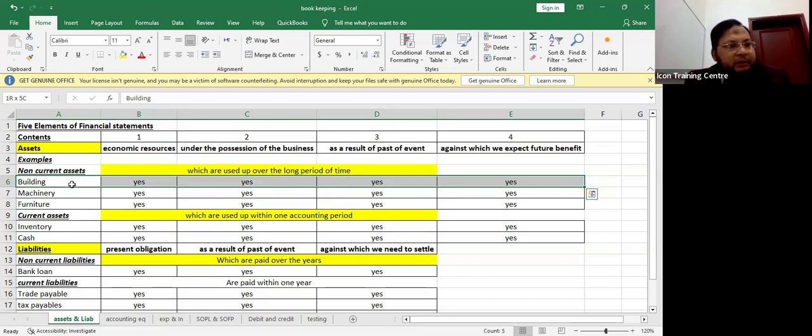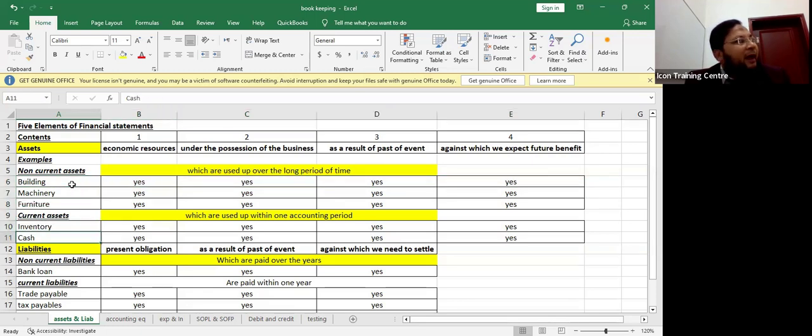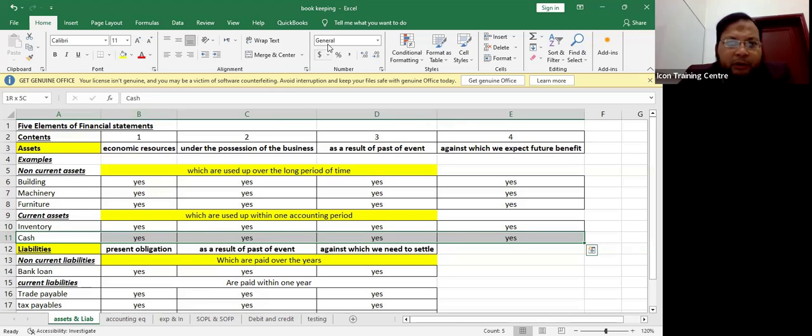So every content analysis is clear now. So we can say that building is our non-current asset, and at the same time, we are paying cash, $6,000. So cash is also our economic resource under the possession of the business as a result of past event, and against which we can get the future benefit. So in this particular transaction, if you can look,